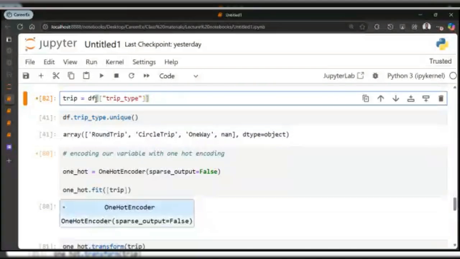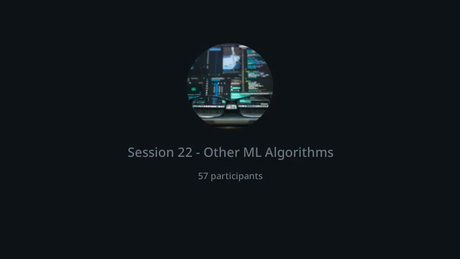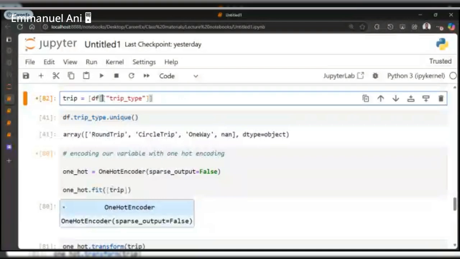This ensures that it is two-dimensional, so this is where we enforce the two dimensions and convert our variable to two-dimension, not in this particular format.